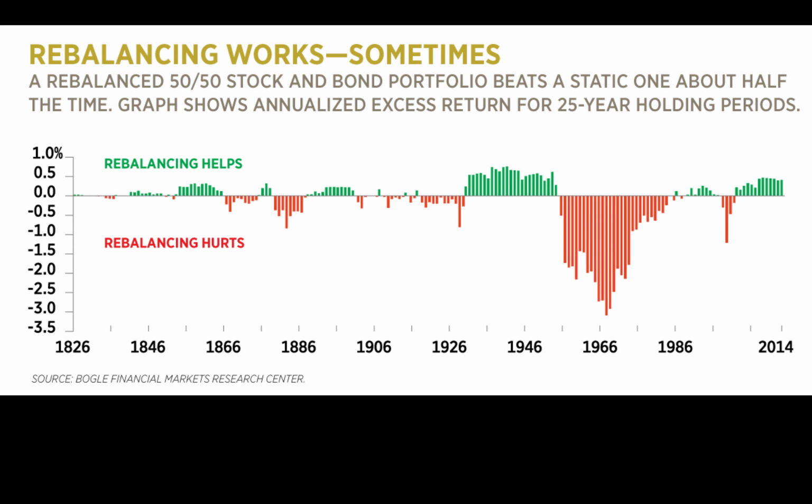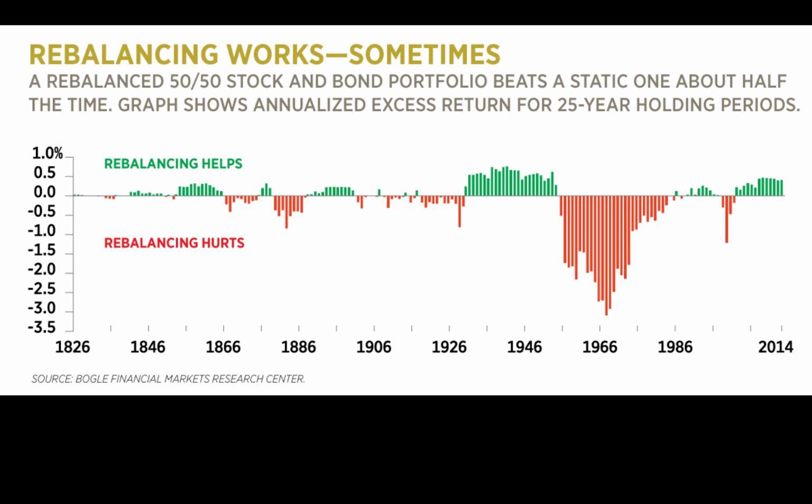nothing. And the reason is, if you don't rebalance, over time your stock allocation, because stocks outperform fixed income investments, your stock allocation is going to get higher and higher and higher over time. So basically, only when the markets go down significantly over 25-year periods would you really see rebalancing actually having a better return as opposed to not rebalancing at all. And that's basically what this chart says.